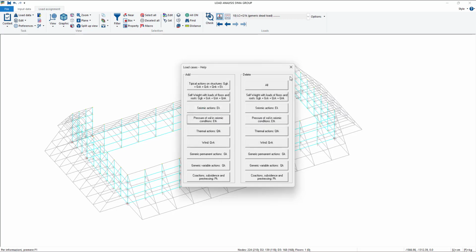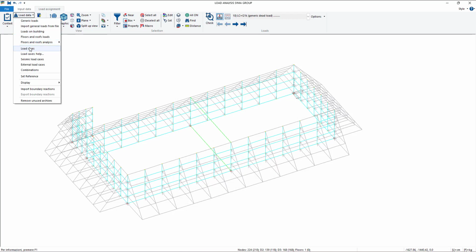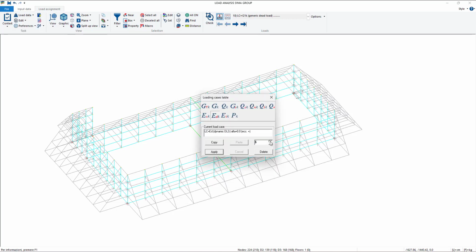So we can click no, close this, and if we go check load cases, at the end of the list, we'll have 4 new cases. So ETK, soil seismic thrust, overthrust, direction positive alpha 0, which means direction X, negative alpha 0, positive alpha 90, negative alpha 90, and we're fine with that. Now we just have to assign the same generic load in these 4 different load cases based on the direction of the wall.